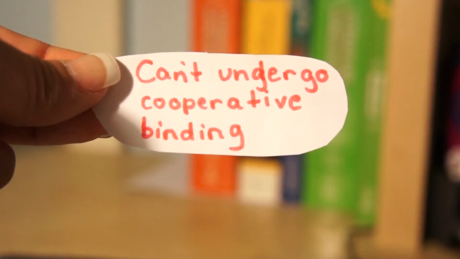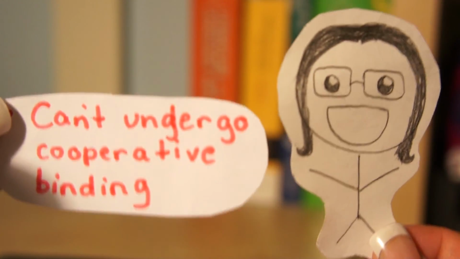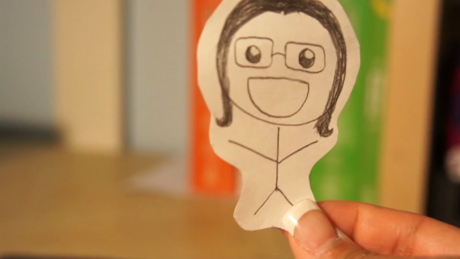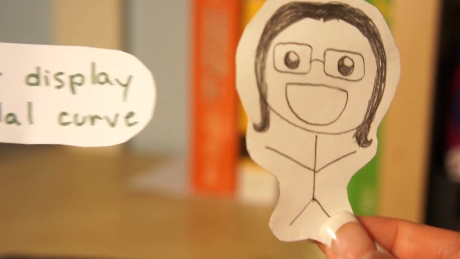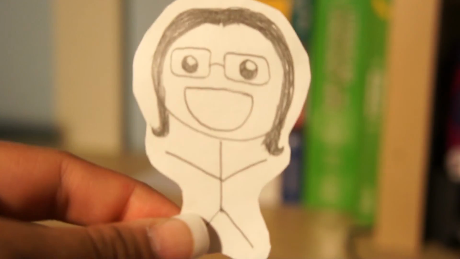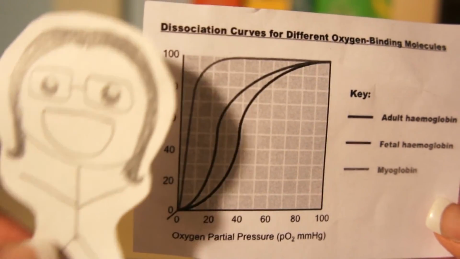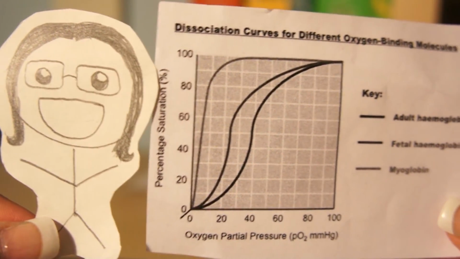Because of this, it cannot undergo cooperative binding, because there are no other heme groups to start the reaction. Now, what also makes myoglobin unique is that it doesn't display a sigmoidal curve. Because it cannot undergo cooperative binding, it also does not create a sigmoidal curve. As you can see in the graph, there is no sign of the S-shape that is found in both of